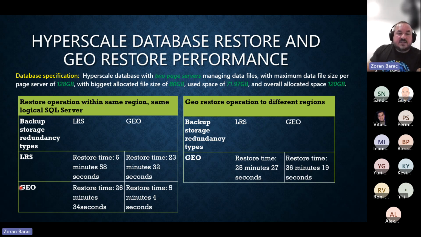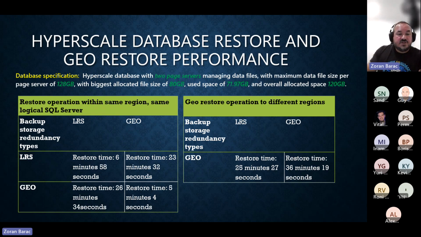Because what you're now doing is moving the biggest file across. If you go from geo-redundant storage to locally redundant storage, again you're moving the biggest file across. It's going to take you 26 minutes. It's not exactly the same, but to be fair, my environment was a bit busy, so it depends on your environment. When you're doing those tests, they need to be exactly the same, which is kind of hard. I couldn't create a whole lab for it, so I was doing a bunch of tests at the same time.